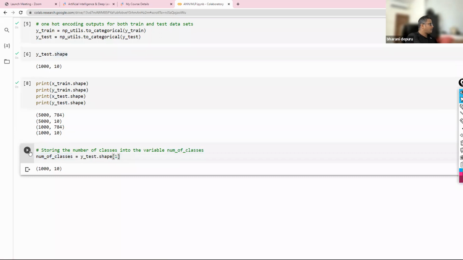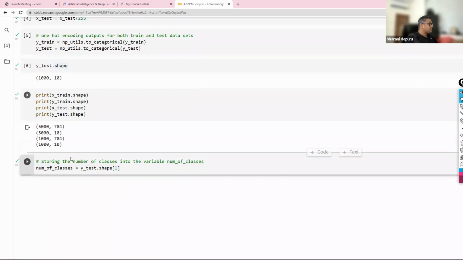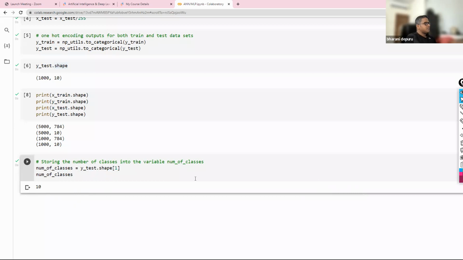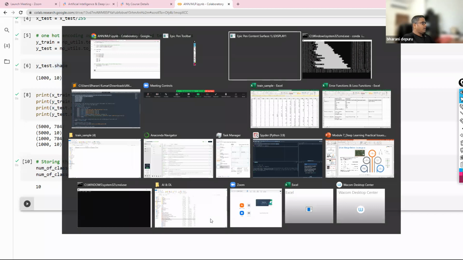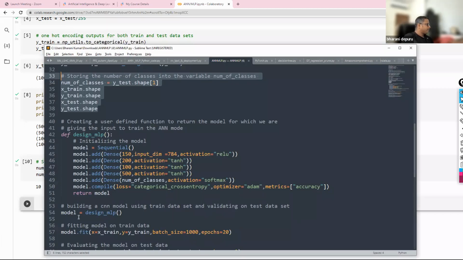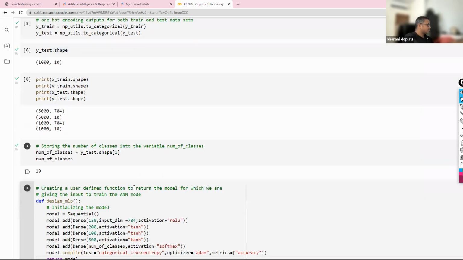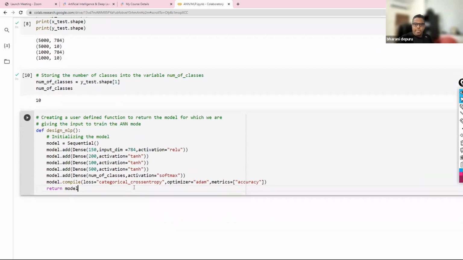You could store that in this object called number of classes. If you just see number of classes, it will say number of classes is 10. Then what you're doing is you're creating a function